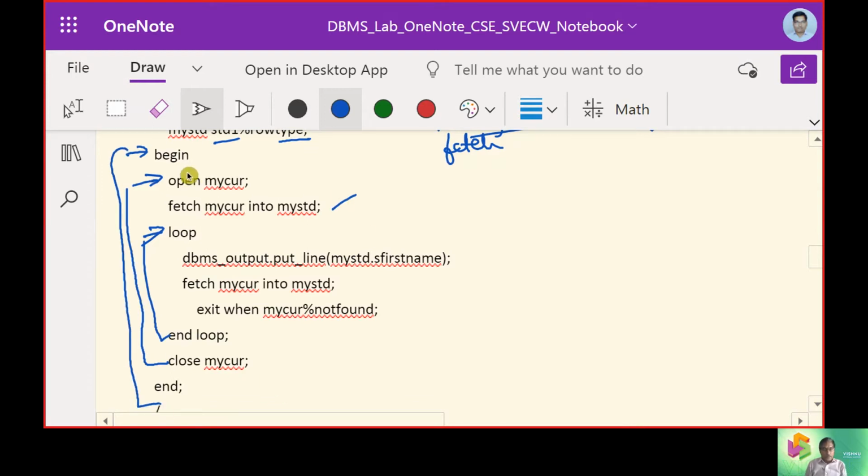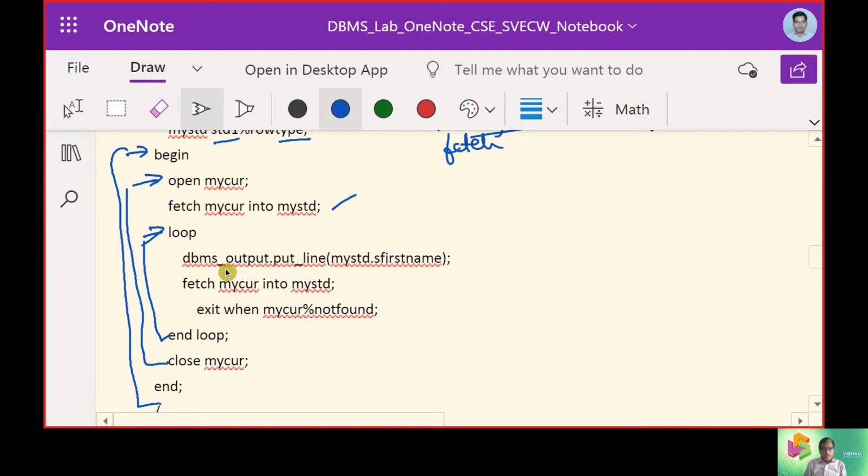So we need to see three items here. One, we need to begin and end, the body begin and body end. Next, we need to say cursor is open, cursor is closed. Then we need to check loop is begin and loop is end. So we need to take up three conditions in this case.